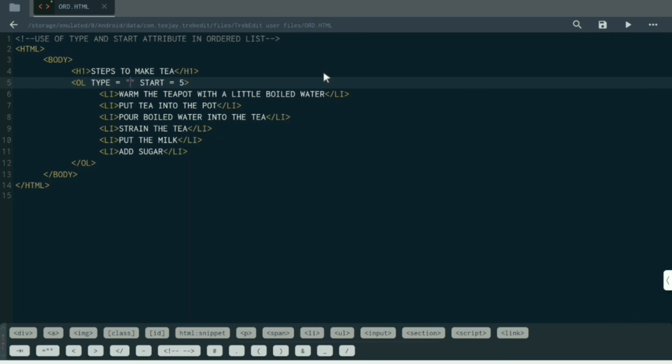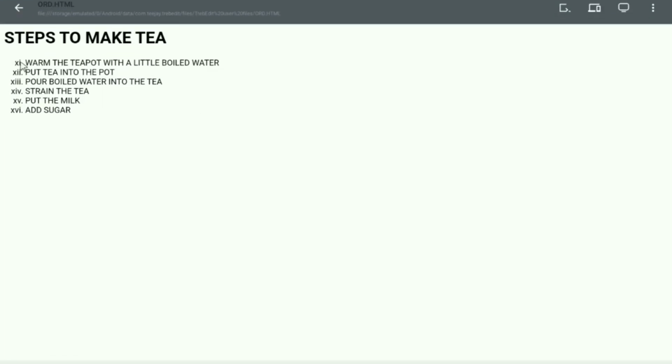Then I am using a small Roman numeral and starting from 11. So you can see here it started from 11, 12, 13, 14, 15, 16 in small Roman numerals.